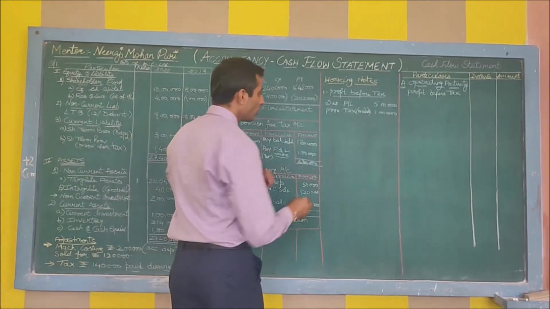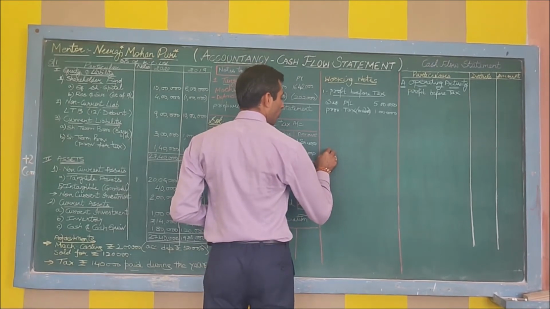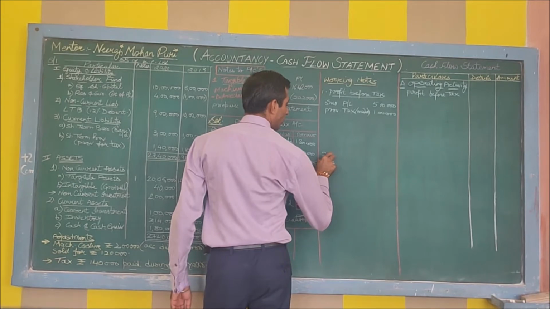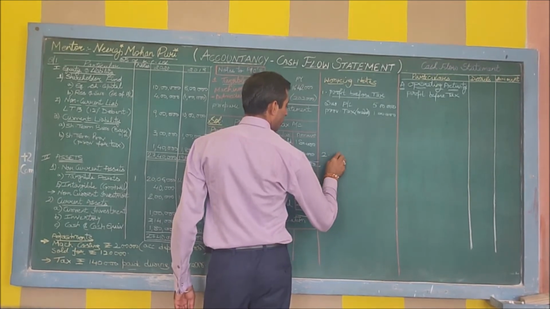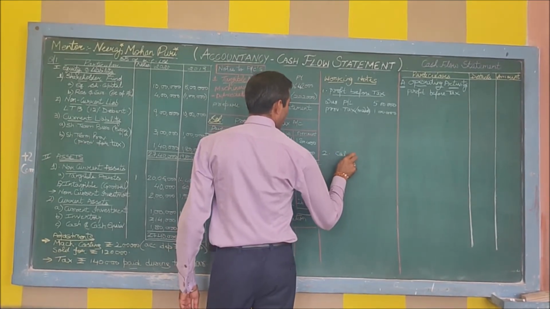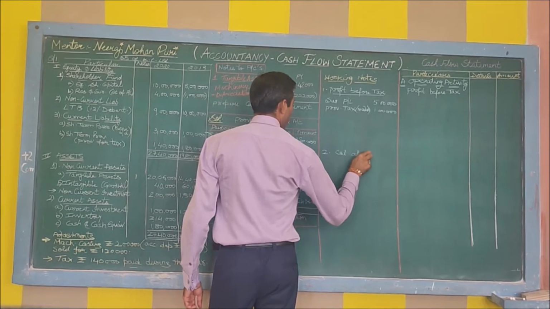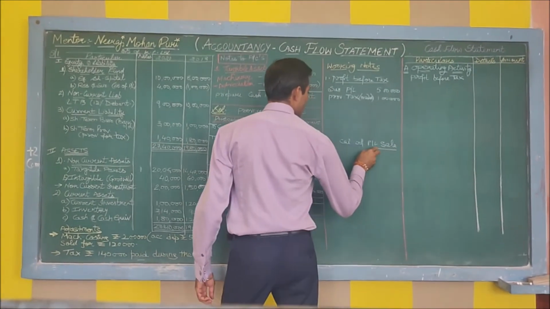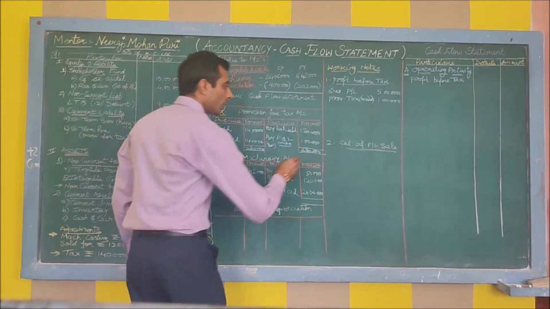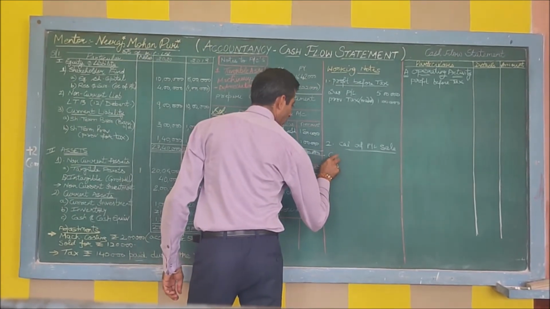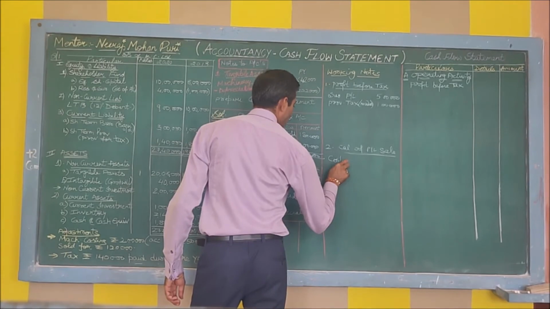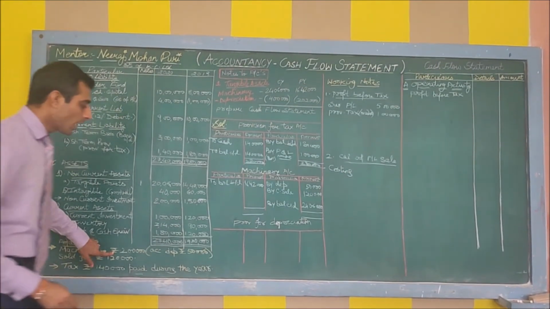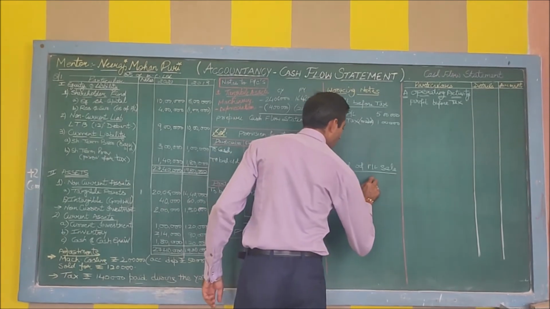Again, come to the working note, leave some space. We will find the value of profit or loss from this sale. This is note number 2, and in this we are finding the calculation of profit or loss on sale of an asset. The asset that we sold, whether there was a profit or a loss from that asset, this will be calculated in your working note. First, you have to mention the costing. What is the cost price of the asset? It is 2 lakh rupees. You will take it from the adjustment.